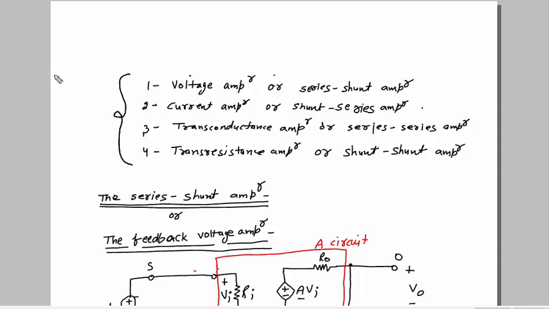Till now we have seen that four kinds of amplifiers are possible. We have seen the basic connections, basic topologies, feedback topology, everything. In the last class we studied the input and output resistance of the series shunt amplifier and the series amplifier. In this class, we are going to study the shunt series amplifier and the shunt amplifier, and find out their input and output resistances. And then at last, we are going to give a summary and a conclusion. So let's start this lecture.